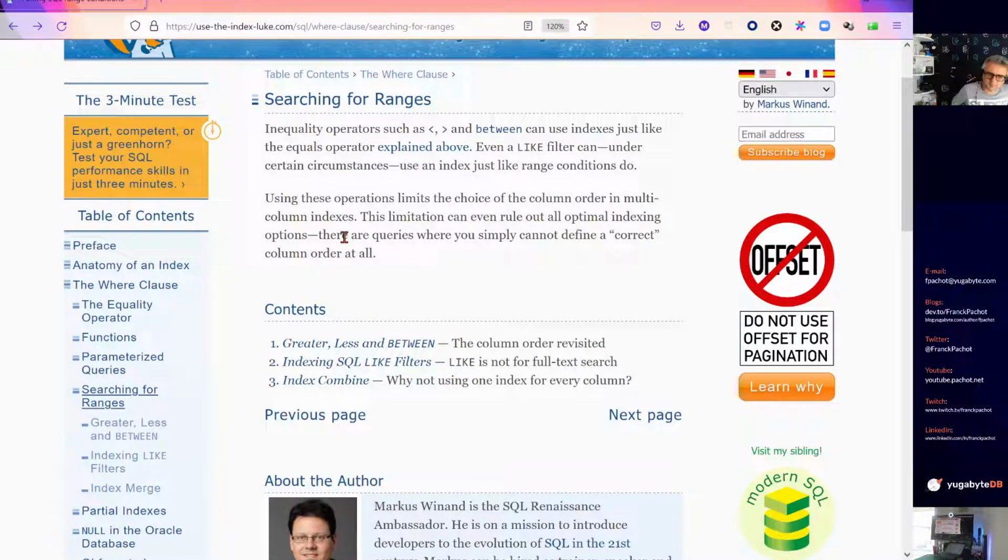So inequalities are those predicates where you don't look for a column equal to a value, but a range. So greater than a value, less than a value, or between, which is like greater or equal to the first value and less or equal to the second one. Those can use an index,